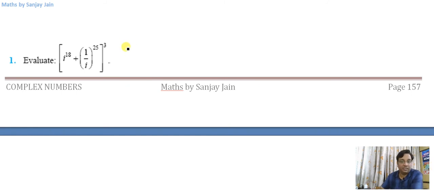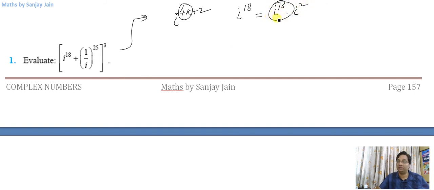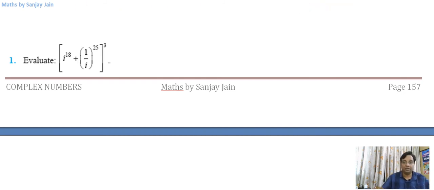Let us solve this question here itself. Okay, so I'll be solving it here. Iota raised to power 18. If I divide 18 by 4, it will give me remainder 2. So iota raised to power 18 is a 4k plus 2 type number, because if I divide 18 by 4, it will give me remainder 2. So I'll ignore this, because iota raised to power 18 is iota raised to power 16 into iota squared. I can ignore this because it will be 1. So it is equal to iota squared. This is what I am saying. We studied about it in the theory lectures.